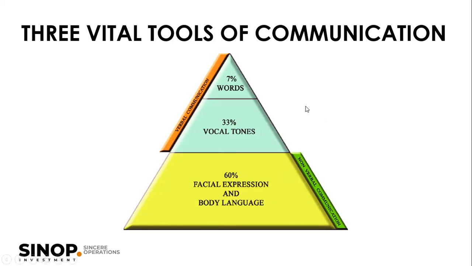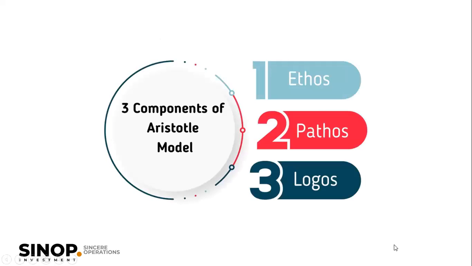Now we'll move on to Aristotle's models of communication. So having spoken about the tone, about your words, about your facial expression and your body language, now we are going to delve into Aristotle's models. Now, these models are the very components that will help you to shape your communication in a manner that will help you get the meaning that you want your listener to get across to the listener. So the meaning that you want your listener to get, that is what ethos, pathos, and logos is going to do for you.